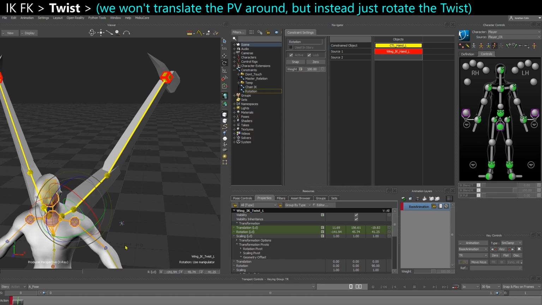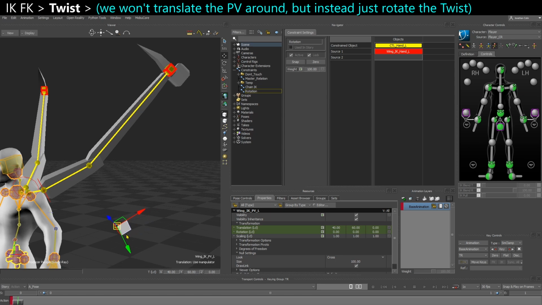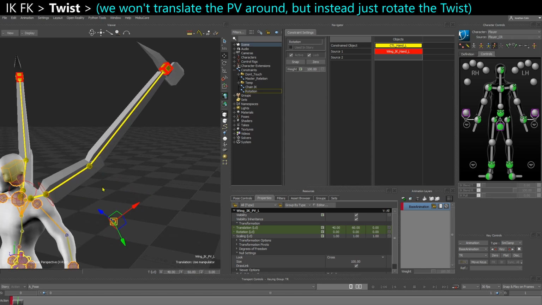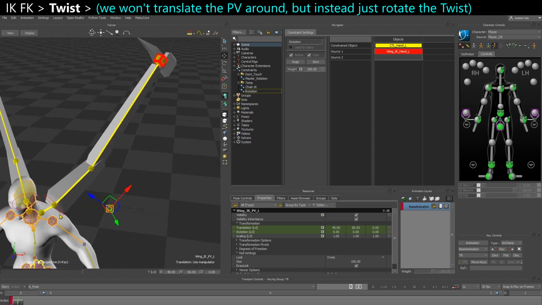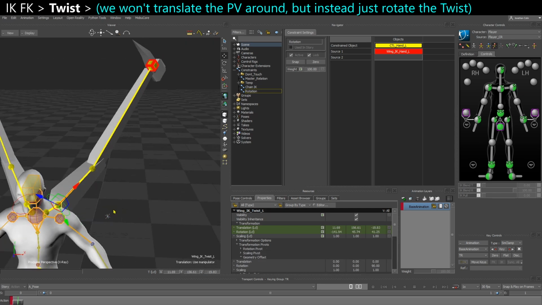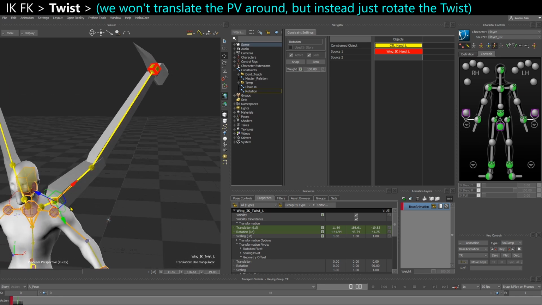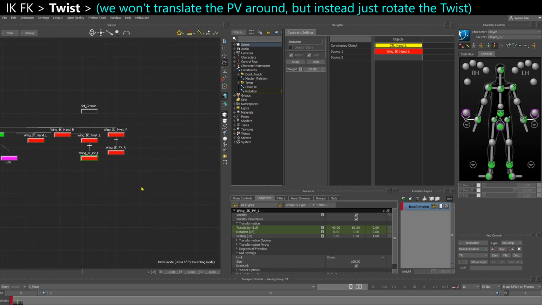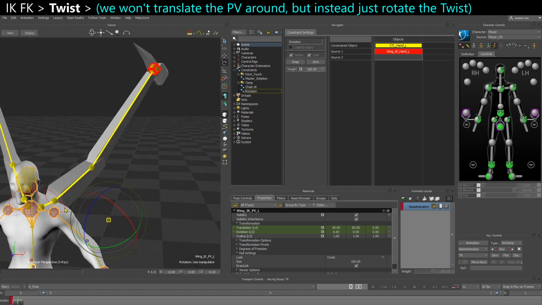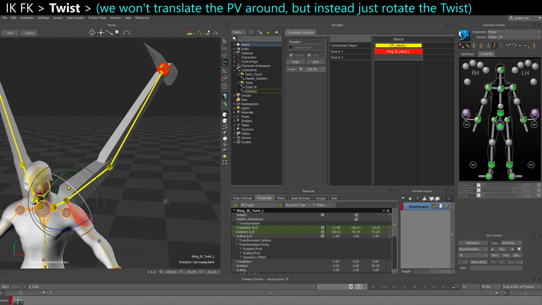So the idea is that instead of manipulating this with translation, like I said before, because it's just strange to manipulate what is a rotation with XYZ translation, for me it just doesn't make sense. Except if you have to lock the elbow against the floor or something like that, but that's a very rare case. So here, because we parented our pull vector to our twist control, little circles, you can just manipulate the circle like this and get the same result. So you just have to worry about one axis, which is much more